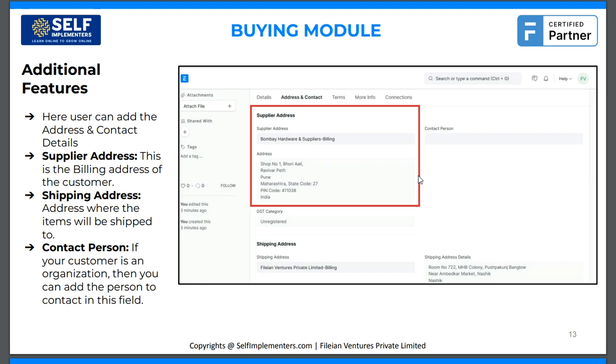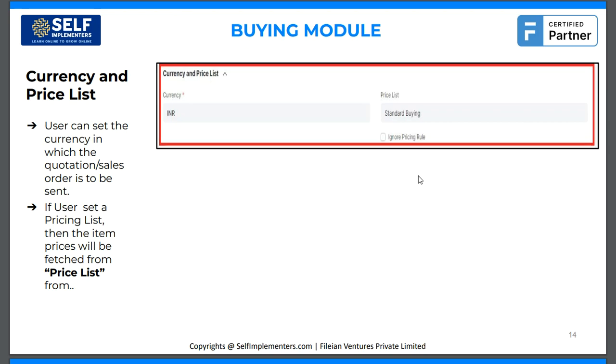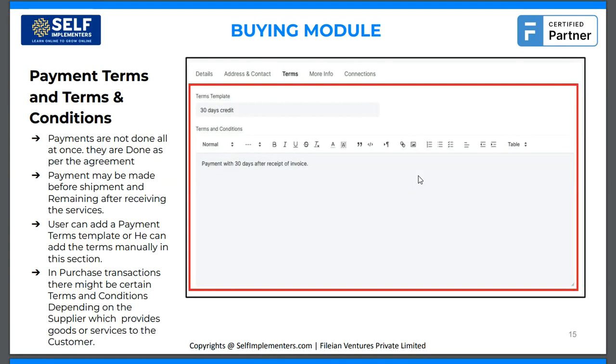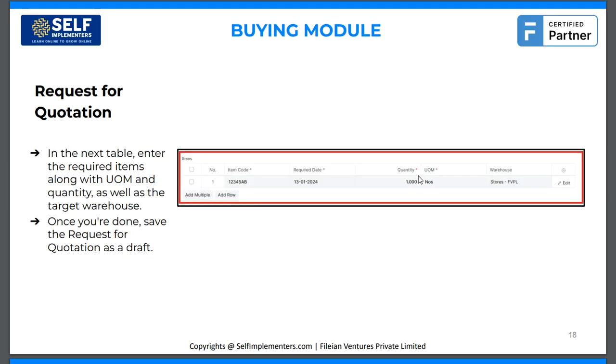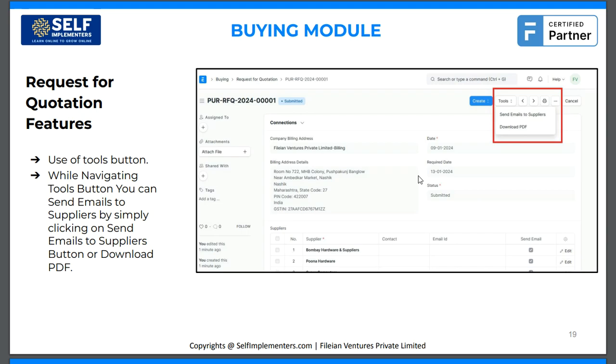Then we will check some additional features like supplier address, shipping address, contact person details, how contact person details get added, and we will check the currency and price list settings. Then we will also check the payment term details, and as said earlier, we will create a request for quotation, and then convert it into the quotation, and that quotation will get converted into the purchase order. So all these settings we will check in the ERPNext